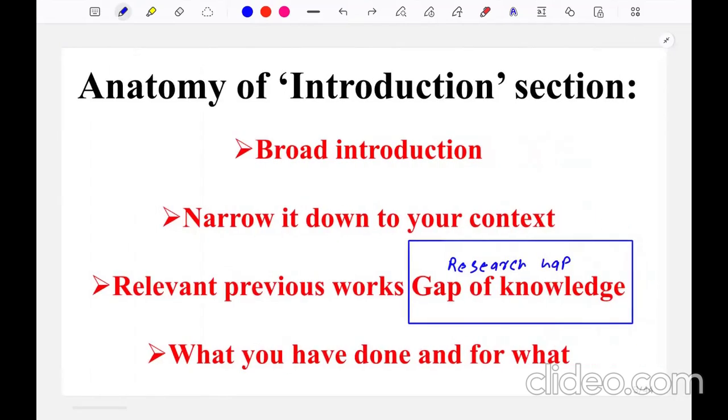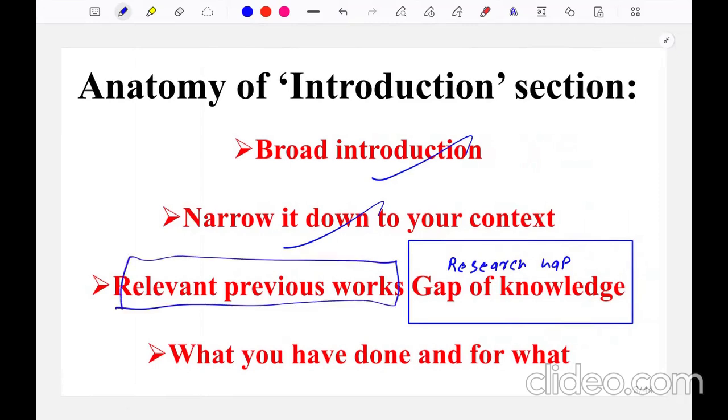So let's start. This is the anatomy of the introduction section that we have been taught in the course. So first, there should be a broad introduction for a general audience, and then slowly the introduction would be narrowed down to your context, meaning to the relevance of the research paper, and then we have to mention some relevant previous works, and